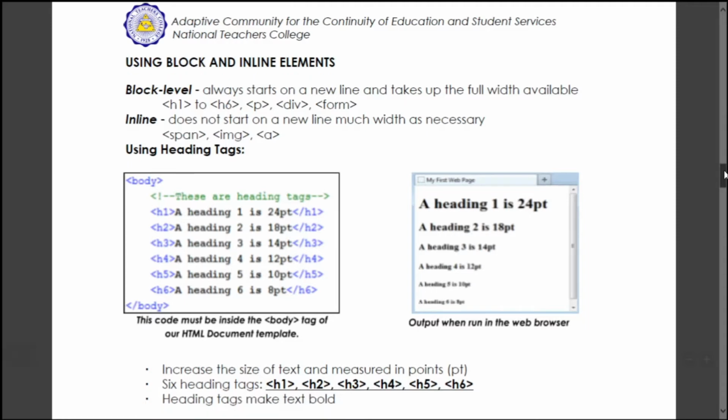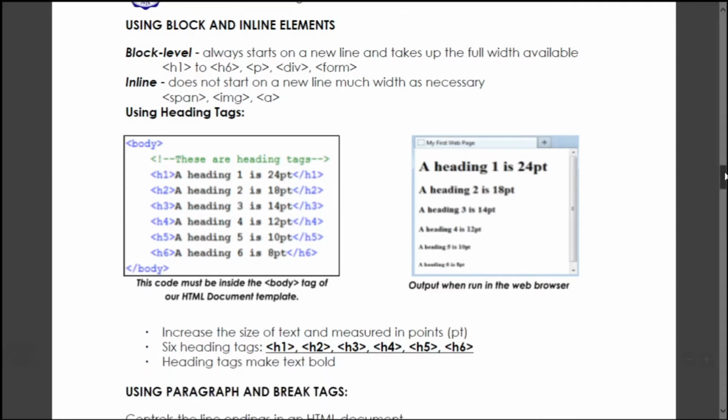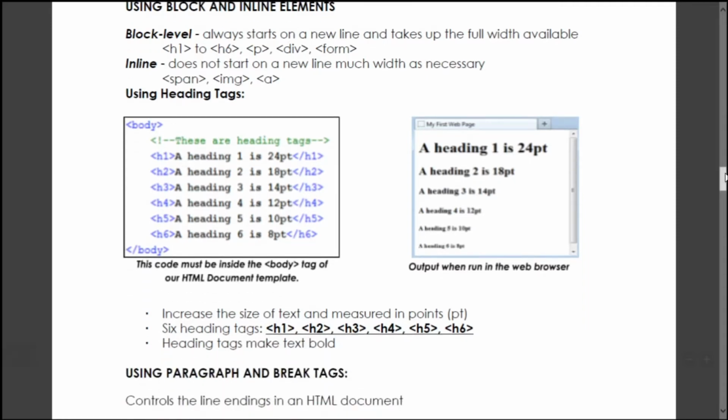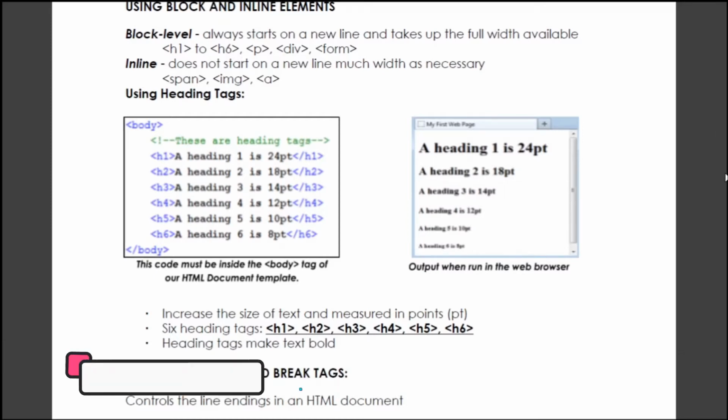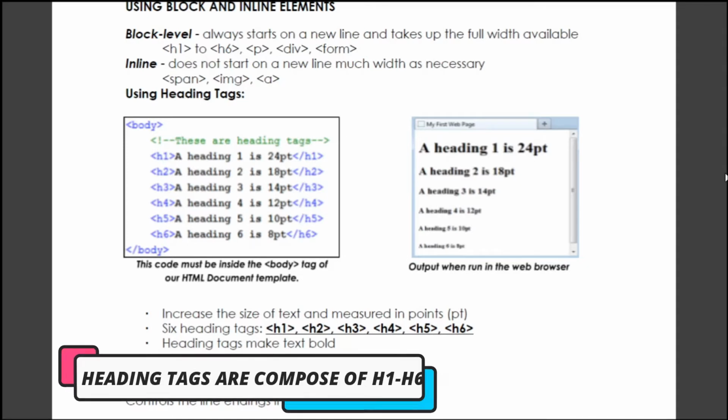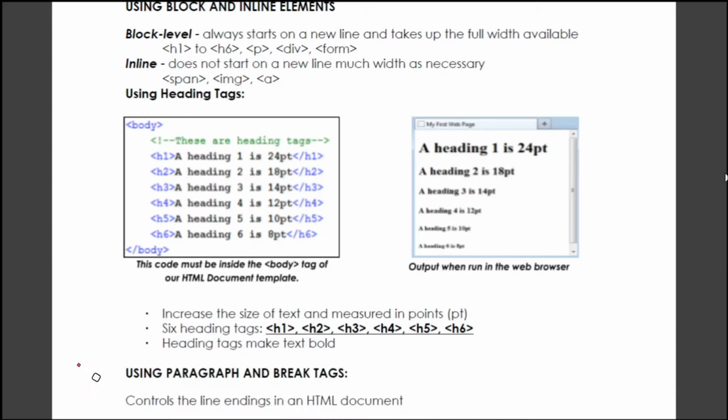Okay, so here you would see the heading tag. So what are the headings? Heading tags consist of H1 to H6, with H1 being the largest heading tag, while H6 is the smallest. So I'll be showing you